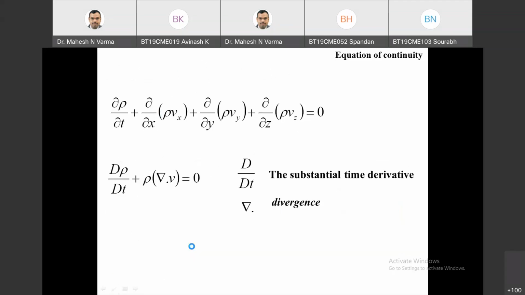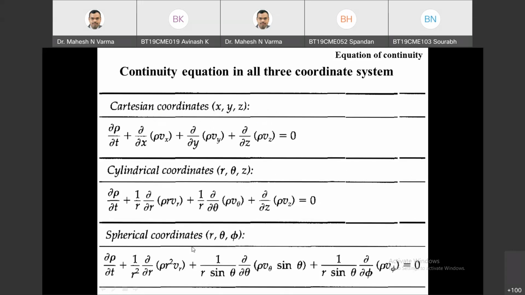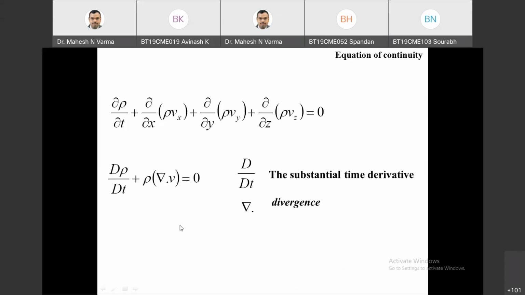For more details about this, you can get this equation. These are the equations for the Cartesian coordinate system. This is the equation for the cylindrical coordinate system. This is the equation for the spherical coordinate system. As we have derived this equation, similarly you can derive these equations, or what you can do is use this equation and use the definition of substantial time derivative for